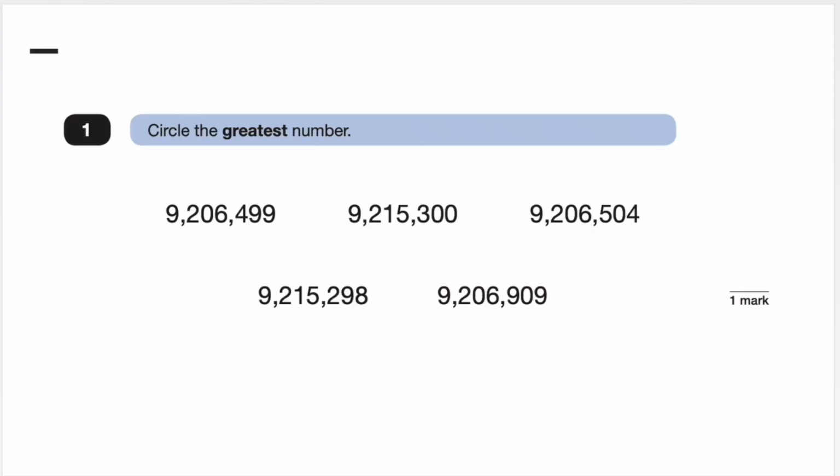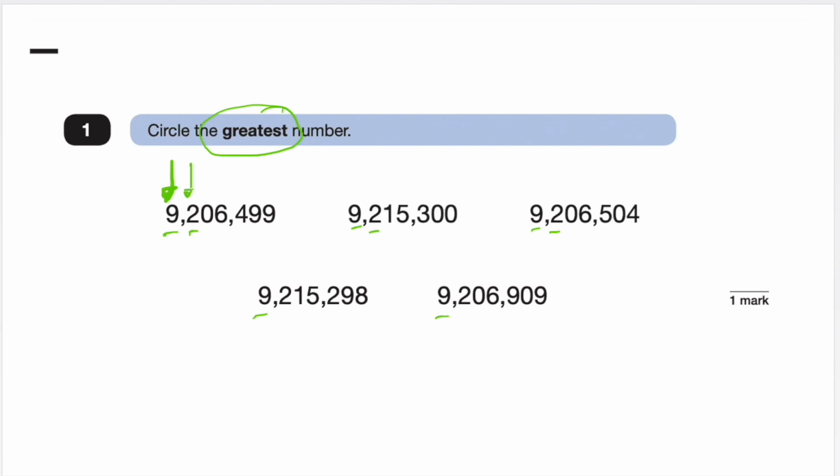Okay, so question 1 says circle the greatest number. Greatest obviously means the largest number, the number with the highest value. So this is a place value question, and because we're looking for the greatest, we're going to look in the greatest value column, which will be this million column to start with. And we can see that we have 9 million in all of them, so that column's not going to help us. Then we can look in the hundred thousands column, and we can see we have